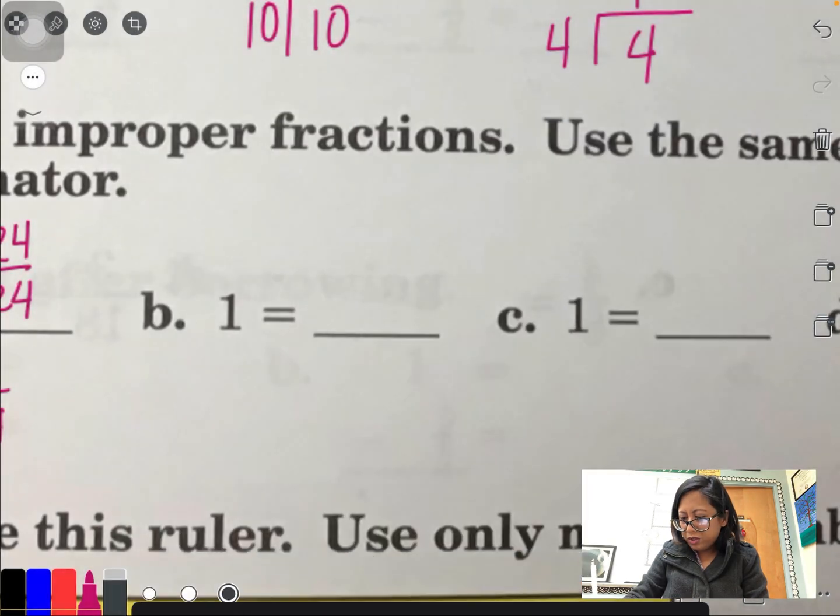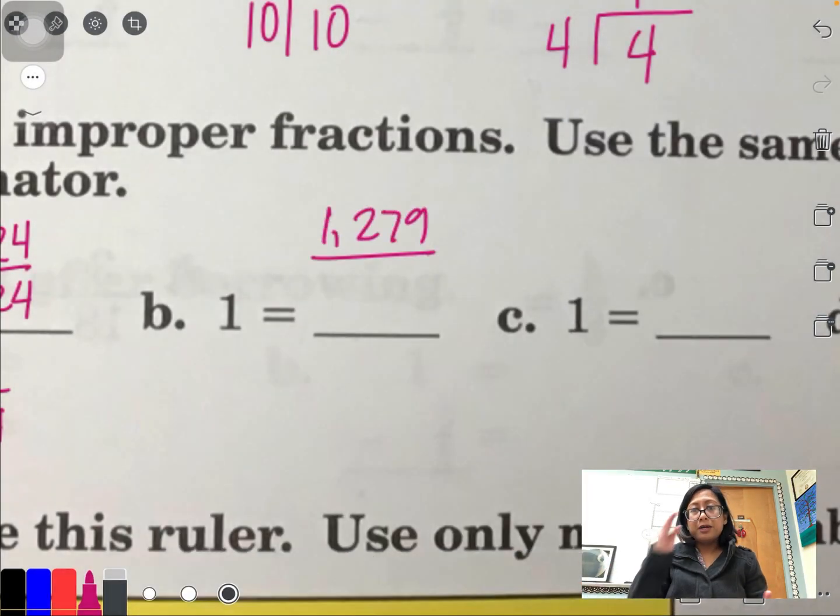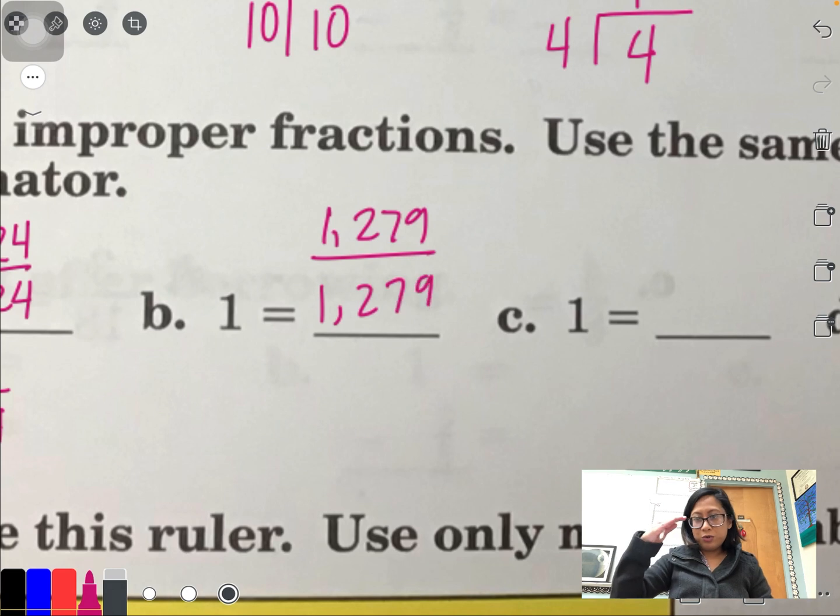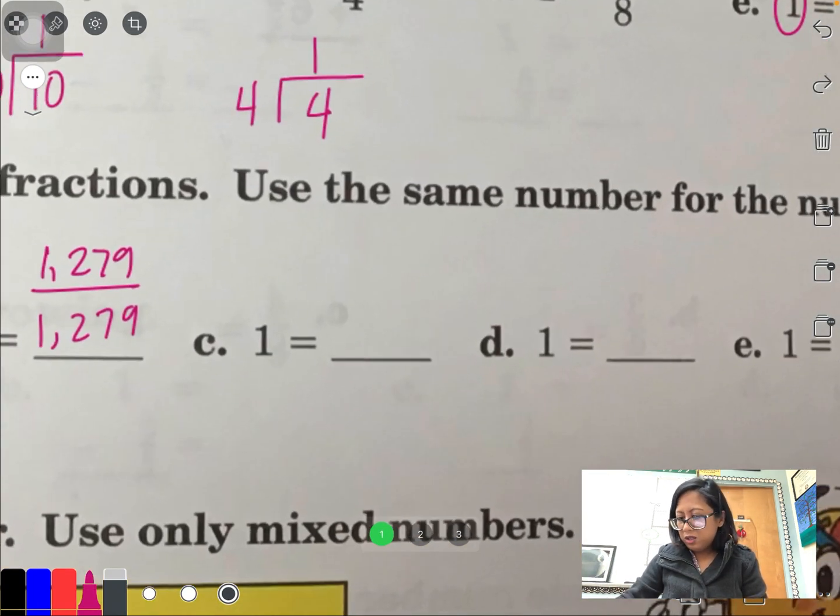1,279. Now you don't have to write this down. You can make it up. As long as the numerator, the top number, is the same as the bottom number and it's equal to 1, you're fine. In fact, you can make a huge number up. This one was big, but something bigger would be like 509,762 over